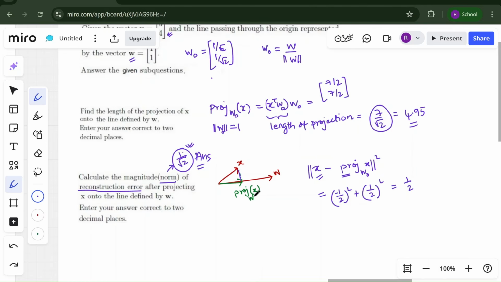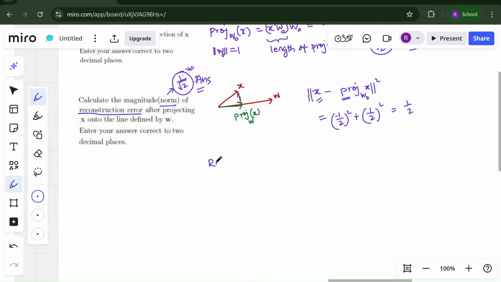The residue and the reconstruction error are the same. Residue is for one data point. In reconstruction error, you take the sum of all the residues. Residue is actually a vector, no? See, what is the residue? The residue is this guy, x minus projection of x onto W naught. This is my residue, right? And the reconstruction error is